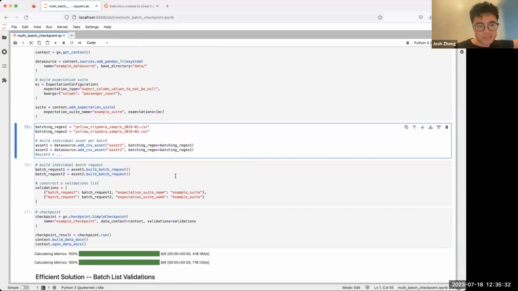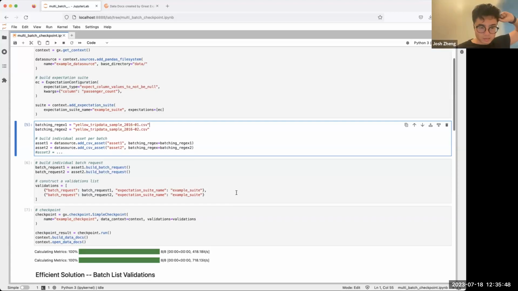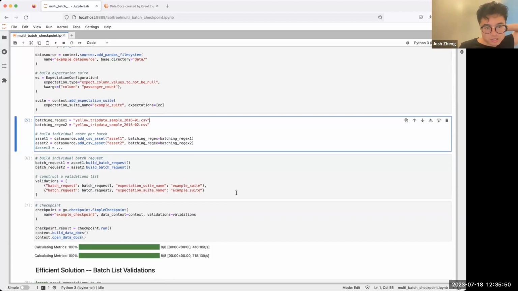Gotcha. And then you're putting all the batch requests into a list, right? Yep. And we have to explicitly pass each batch request into this validation. Gotcha. And then you run the checkpoint here.